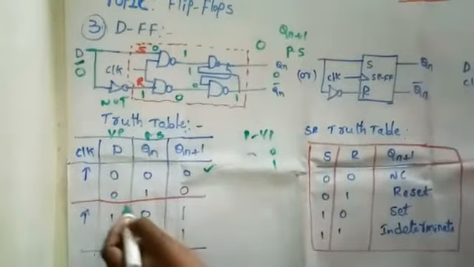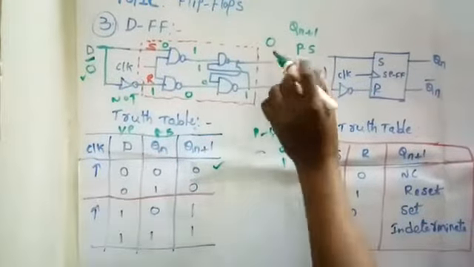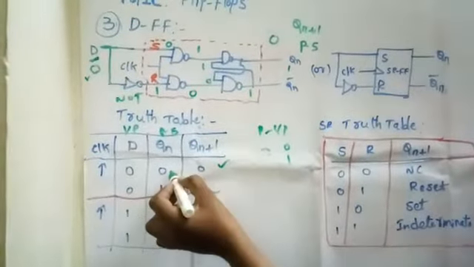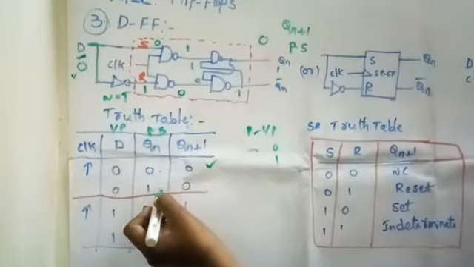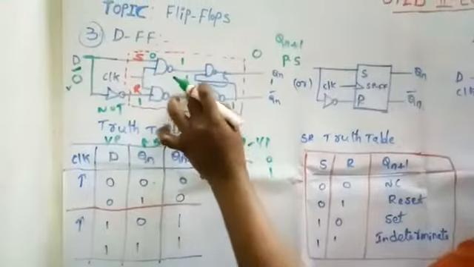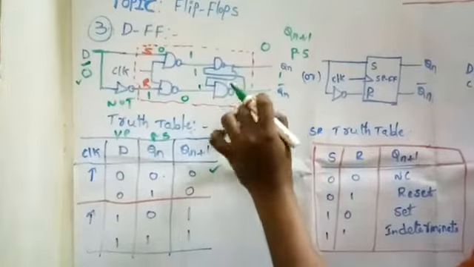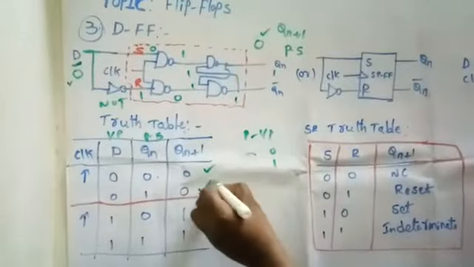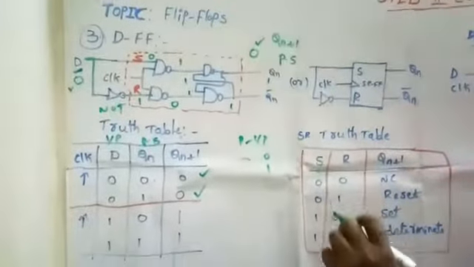In the same manner, for example, my input is 0, same 0. For example, let us assume my prior state Qn as 1. Previously we took 0. It may be 0 or 1, that's why again we are checking for 1. 1 comes here, again 1 comes here. Already we are getting 0. 0 and 1 gives 0, 0 bar is 1. Okay, 1 we are getting. Again 1 here, 1 and 1 gives 1, 1 bar is again 0. So we are getting 0. This is one way to observe outputs for all combinations.